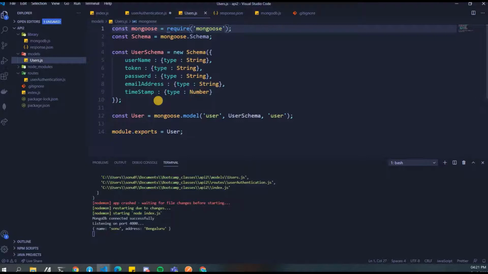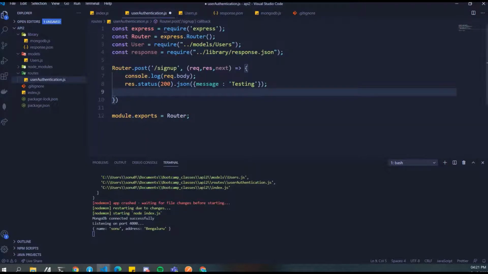So what are the things that can happen here? If someone is writing a username which already exists, we have to provide them with some kind of error. And at the same time, if someone is typing the same email address and signing up again, we have to provide them an error that this user already exists. So how will we do that? We'll look into that in the next thing that we are gonna do. In that you will see what all conditions that we give.